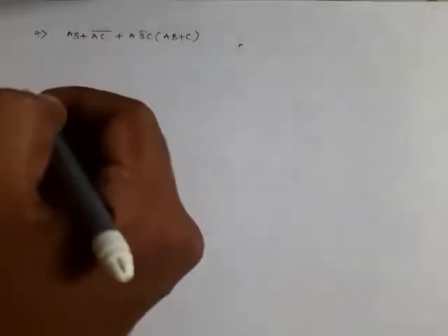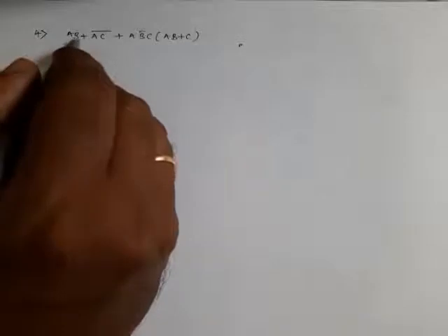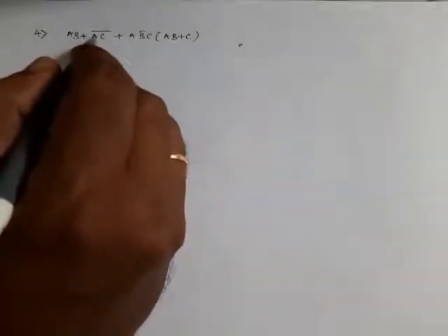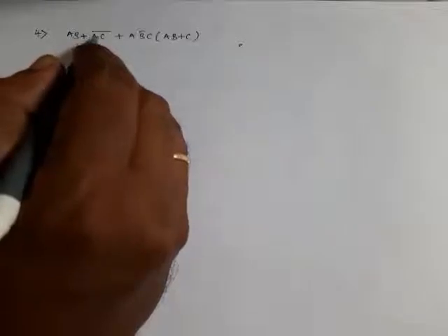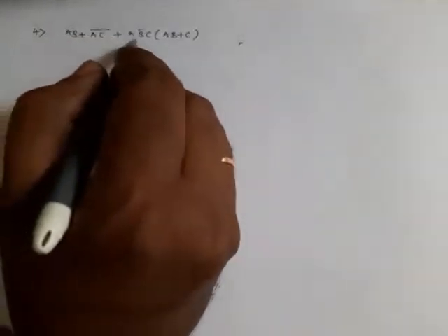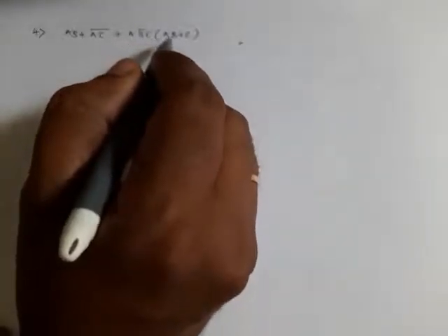By applying the theorems, it is A dot B plus A dot C whole bar, that is AC bar. For the two variables there is a bar, it is A bar C, dot (AB plus C). And then how to simplify this? So the same expression equals